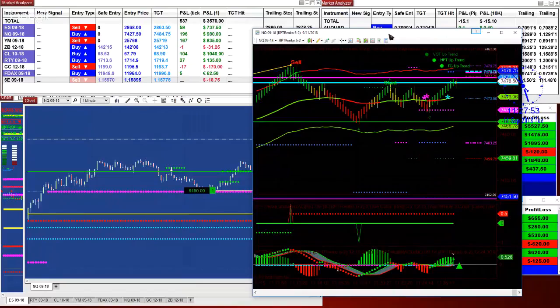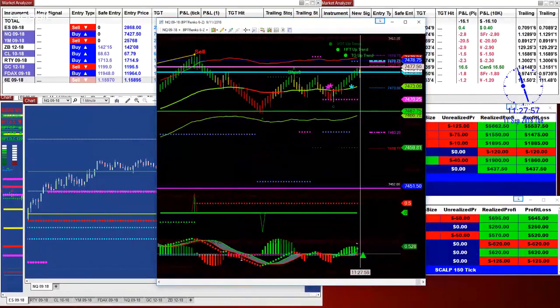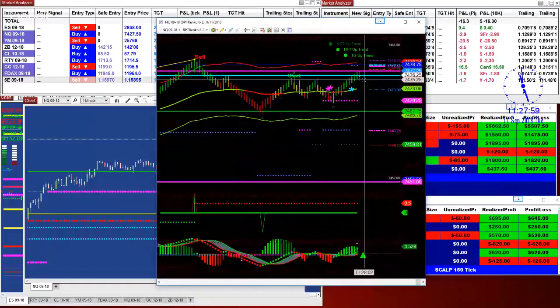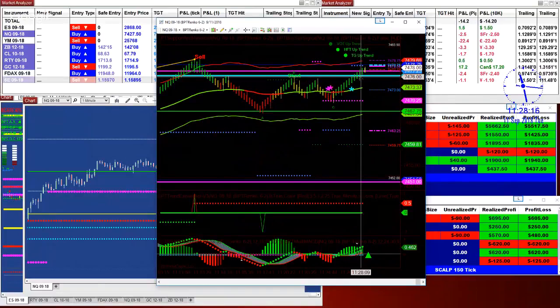But what I'm saying is, right now on this Nasdaq, no matter what you do, it's going to drive you crazy because it's finished. It's done. It's over. It will be a couple bars up and a couple bars down, and that is going to drive you really, really crazy.